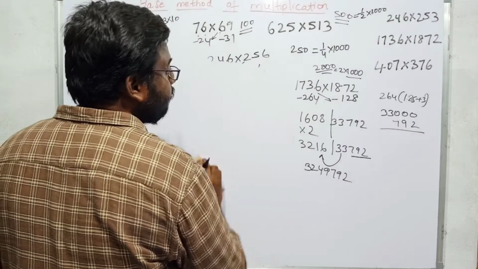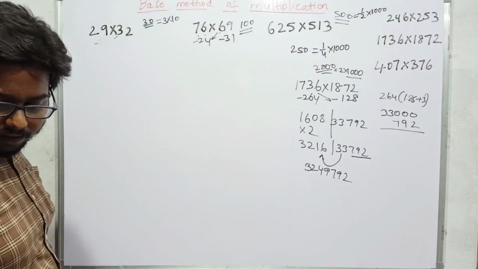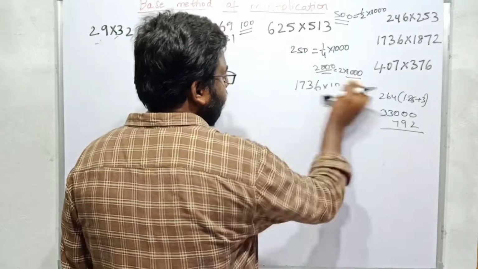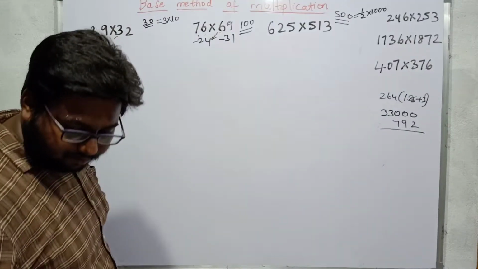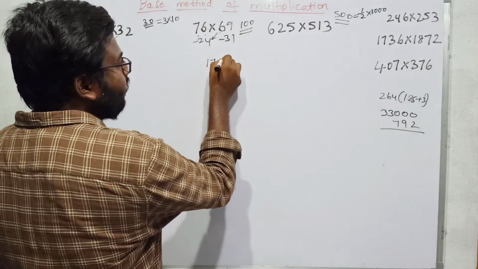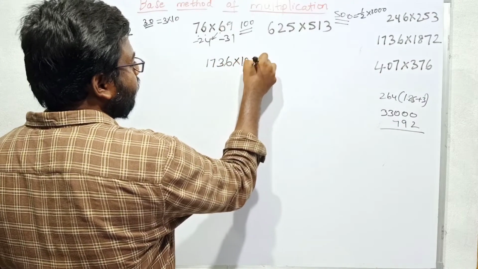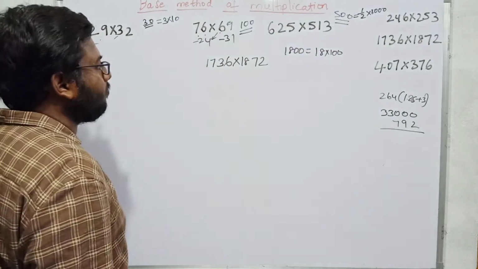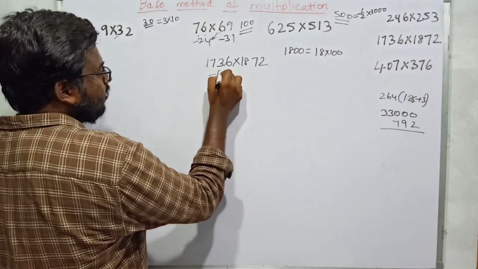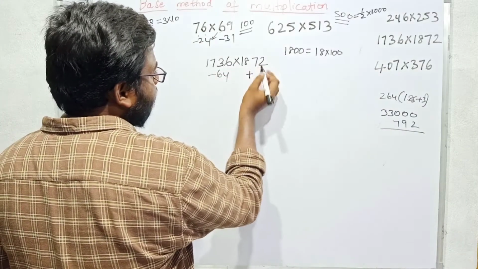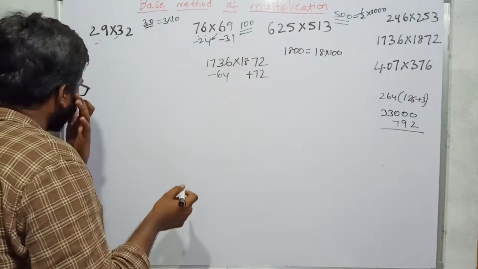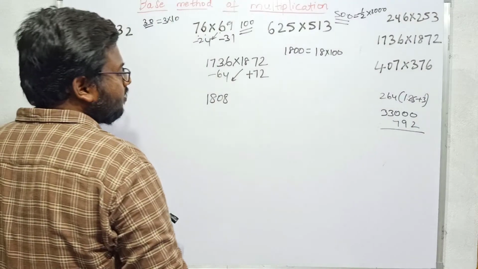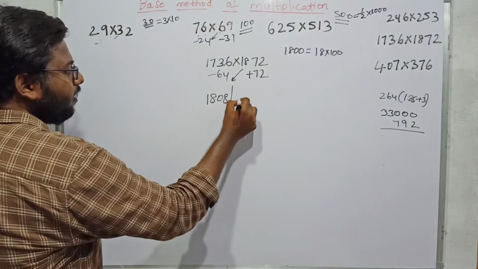If you want, you can calculate this in another method also. If you observe these two numbers clearly, 1872 into 1736, these are nearer to the number 1800. You can calculate this on base 1800 also. So I am calculating 1736 into 1872 on base 1800, and I will take 18 as the multiplication factor and 100 as the decimal number. How far is each from 1800? This is minus 64 far, and this is plus 72 far. So if I operate on the small number, what will I get here? 1808, because 72 minus 64 is 8, slash 64 into 72, with a minus symbol.